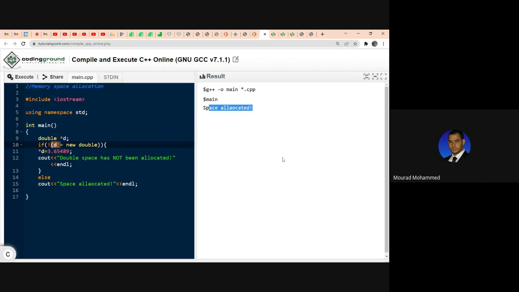Space allocated. Space allocated. That's perfectly one. And so here we are allocating a block of space. We are not only allocating a space for a double, a block of space to a double, because we are initializing. So the space has been allocated, but here I'm going to change it into